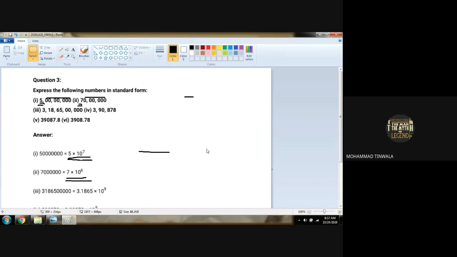Pay attention. એક વખત સમજશો એટલે આ બધું આવડી જશે. એક જ સમ સમજવાનો છે એટલે આગળના બધા સમ્સ આવડી જશે. What is the number given here? 31865000000. Are you getting? સમજ પડે છે? 318 crore and 65 lakh. What is the number given here? 318 crore 65 lakh. Got it?